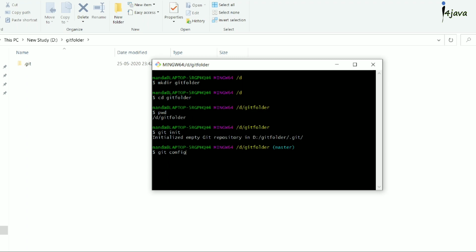git config --global user.name. Here I have to provide my username, Java, and just click enter.